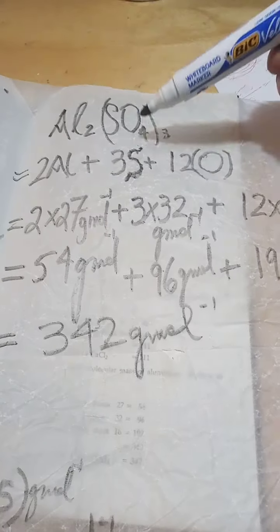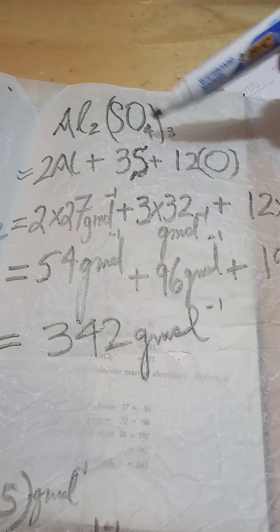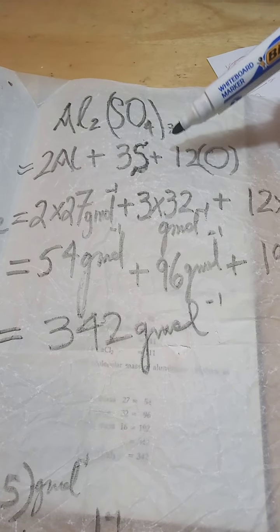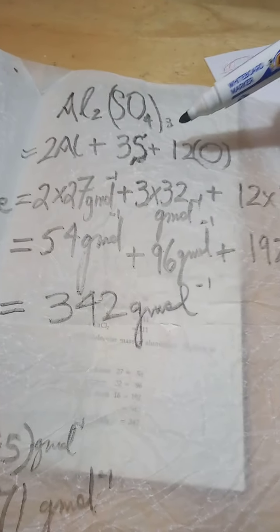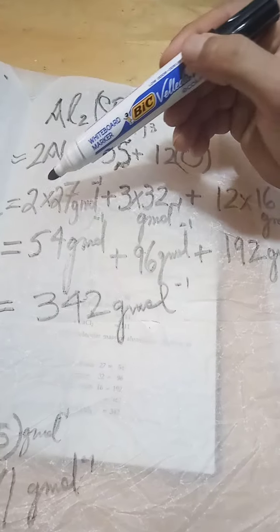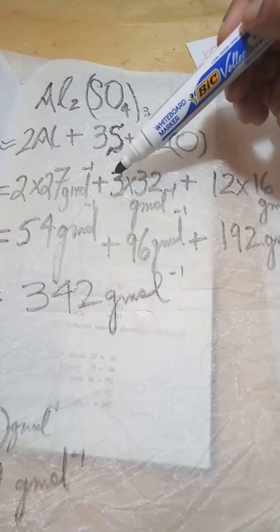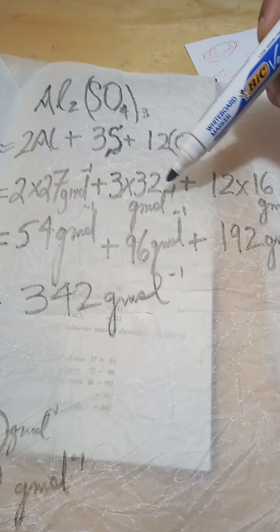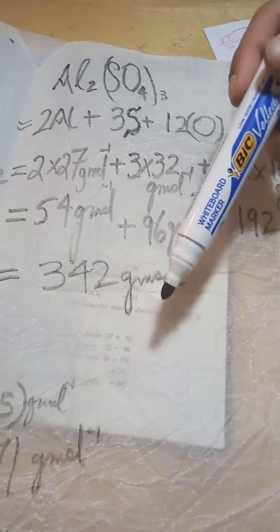And that's that. So I hope you are with me and you follow the sequence. So aluminium sulfate, 2 atoms of aluminium, 3 atoms of sulfur, 12 atoms of oxygen. I hope you understand. Let's not beat around the obvious. 2 times 27 grams per mole plus 3 times 32 grams per mole plus 12 times 16 grams per mole. You do the maths, you get 342 grams per mole, which means